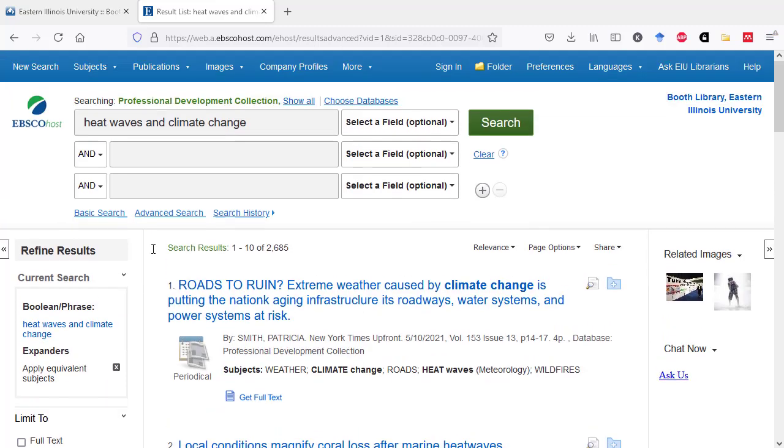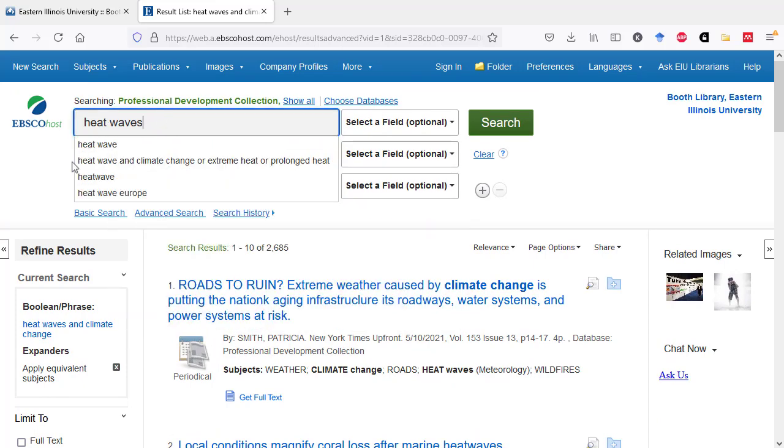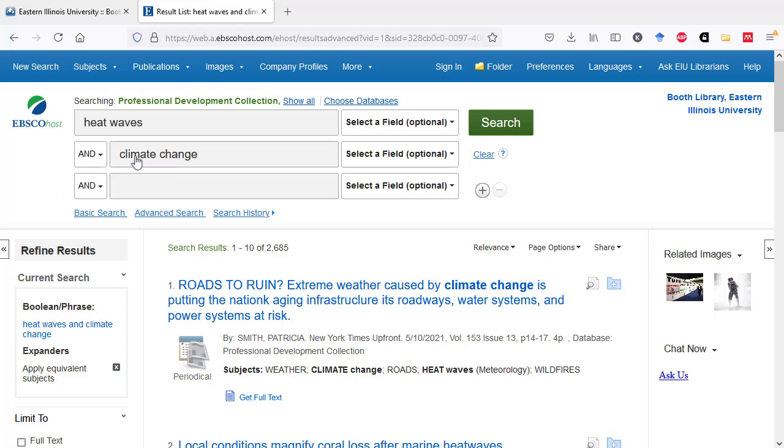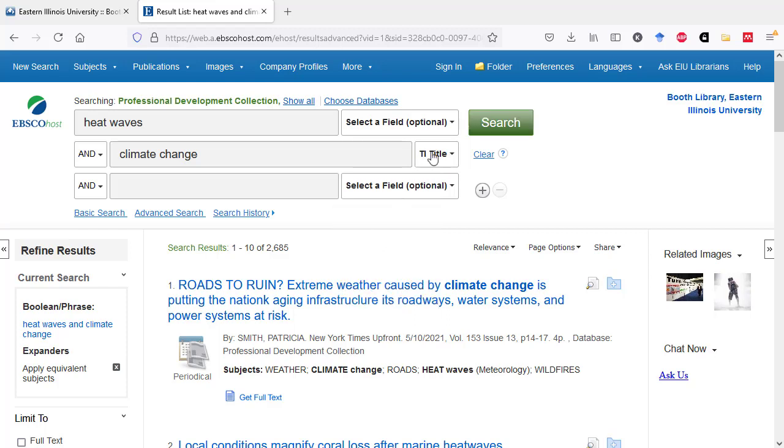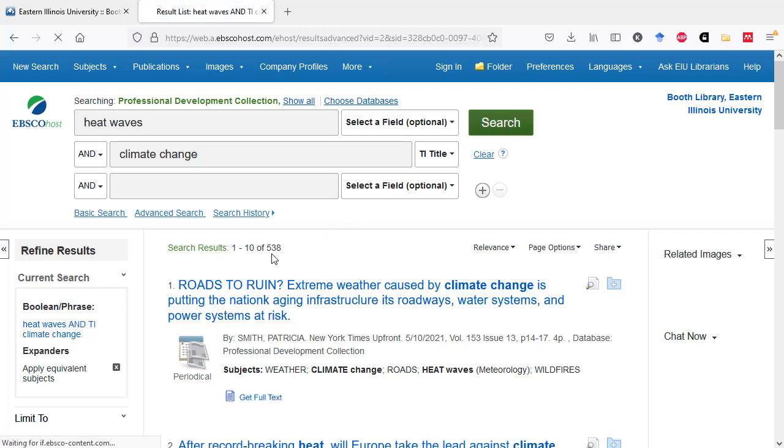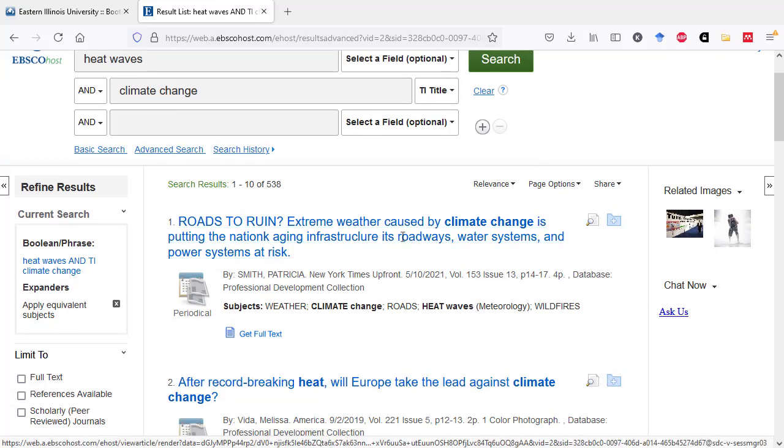The exact same search would be if I brought climate change down here. And so now I'm searching heat waves and, there's my "and," climate change. And the benefit of doing this is if you're wanting to actually get fewer, more focused results. In this case, I will say I want the phrase climate change to appear in the title of my search results. And so from 2,600 results, I've trimmed back down to just over 500 results